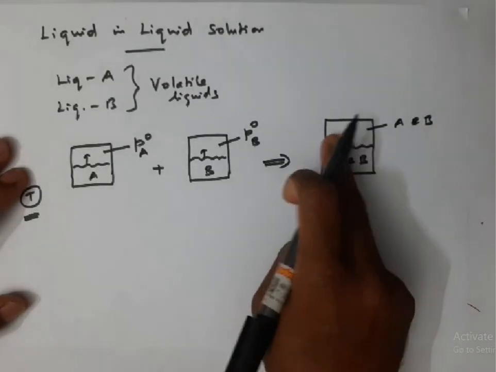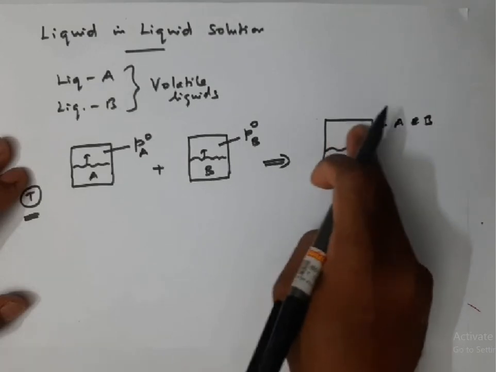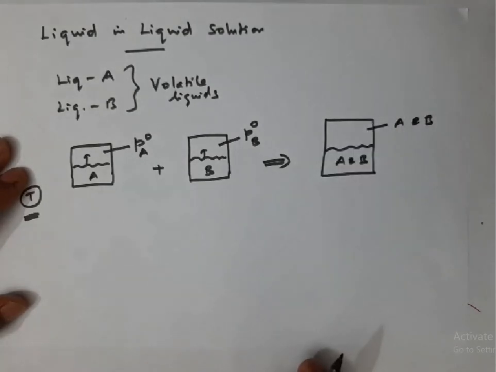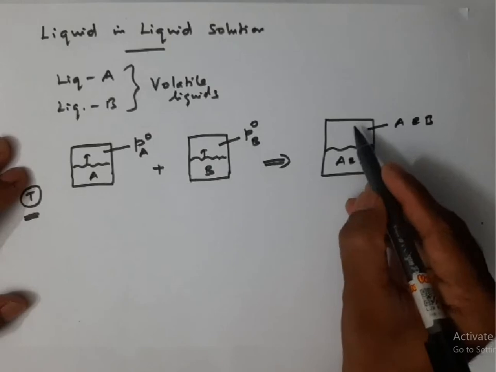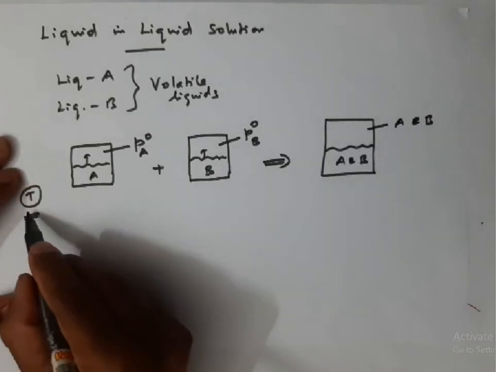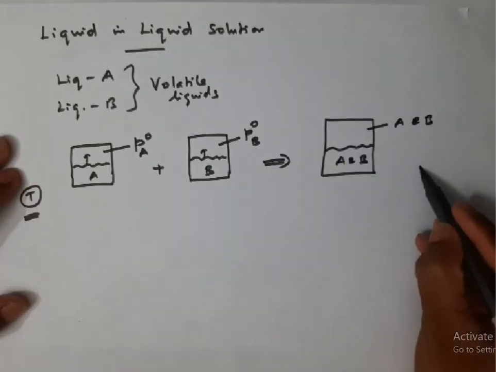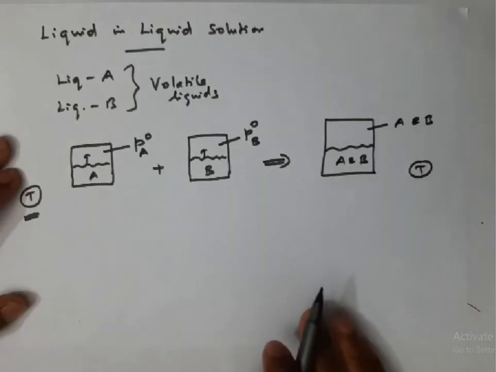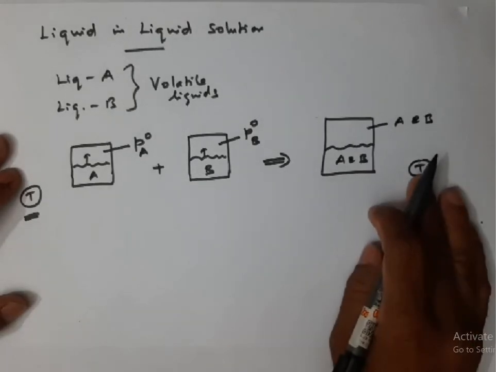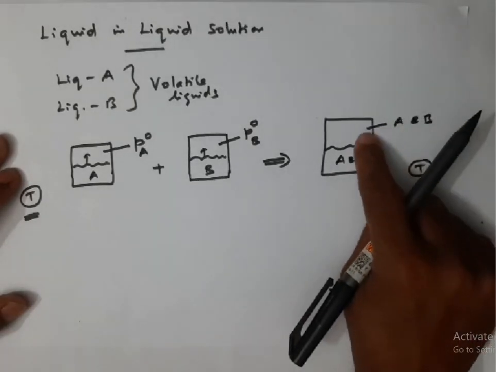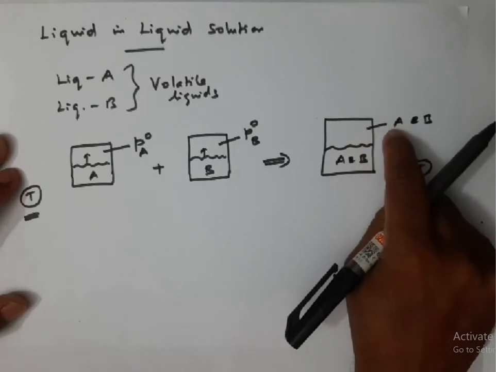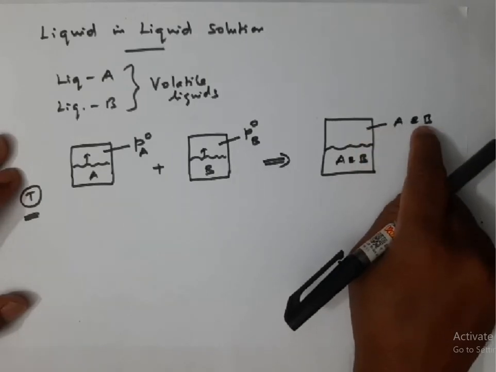Both A vapors and B vapors will be there, so we have a mixture of vapors. Listen, the temperature is the same again. So at the same temperature, what is the pressure exerted by A alone and by B alone